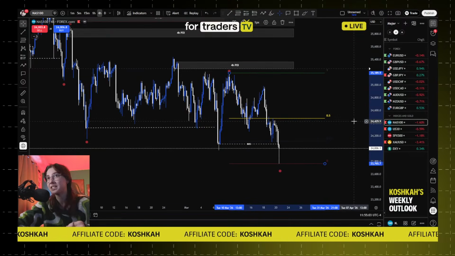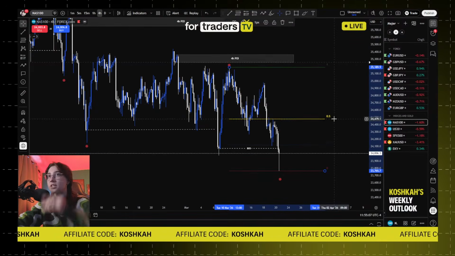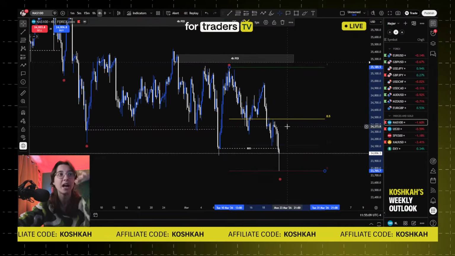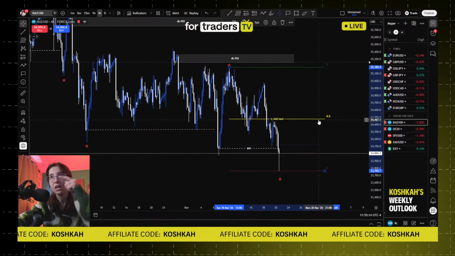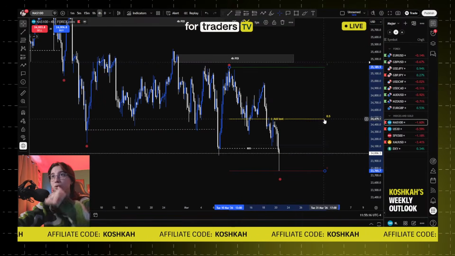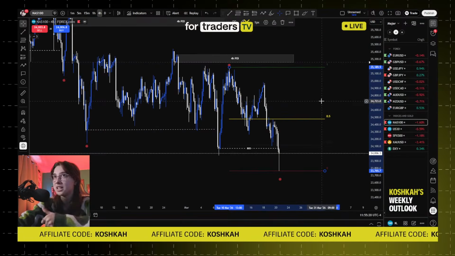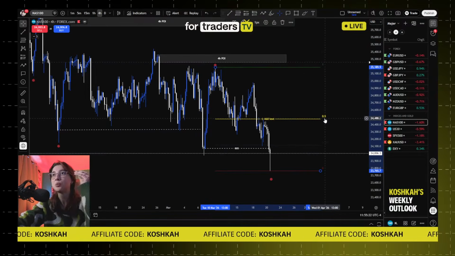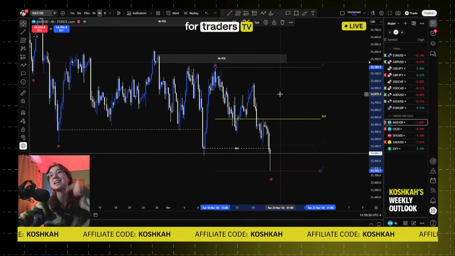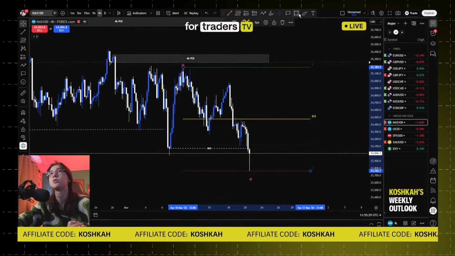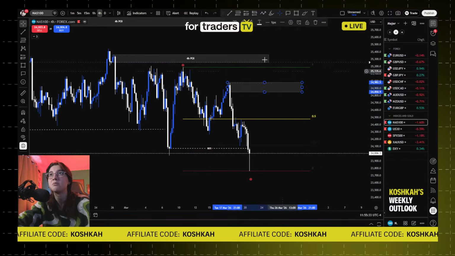Now I'm going to be identifying all my valid points of interest above the 0.5 to look for some sells. Again, I don't want to sell too low, because if not, there is not going to be a good enough pullback to then have a good selling point. That's why I want price to move up and go above the 0.5 to reach, in this case, premium before continuing to go down. So in this case, I'm going to be identifying all my valid POIs above the 0.5.